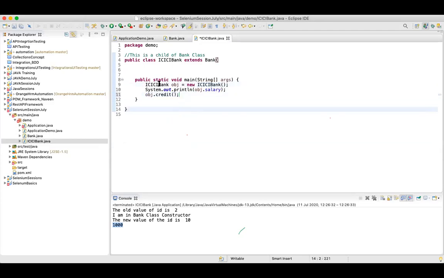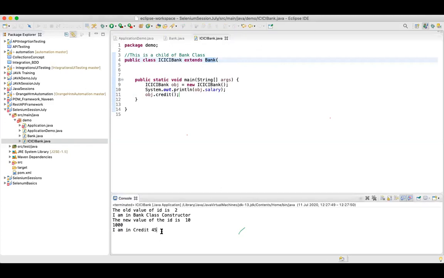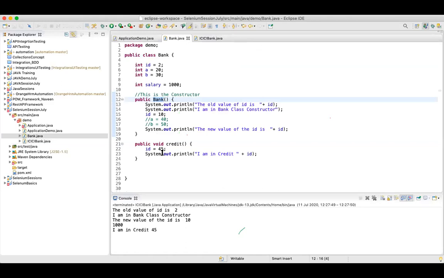Still I'm able to access the methods of the bank class because ICICI Bank is actually extending the bank class. Now when I run this, it's displaying I am in credit 45. That is, this method is getting called.